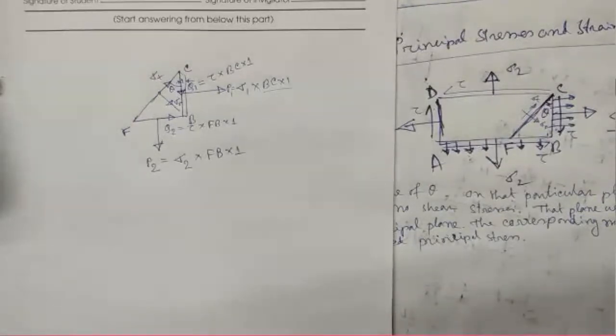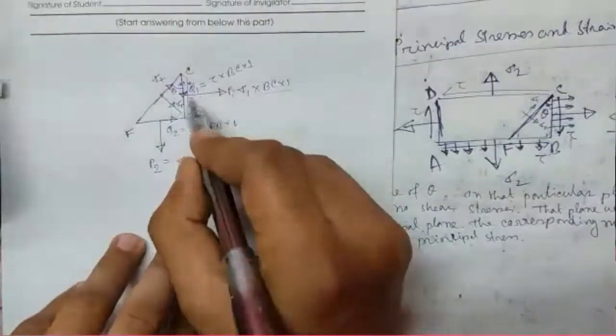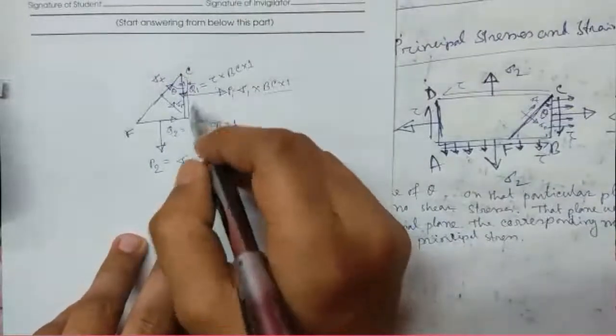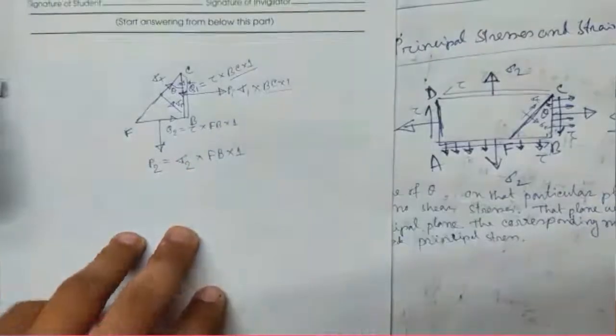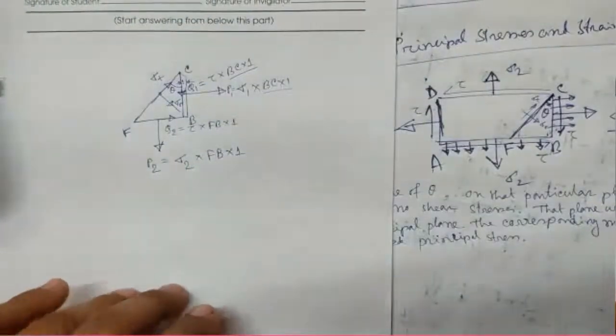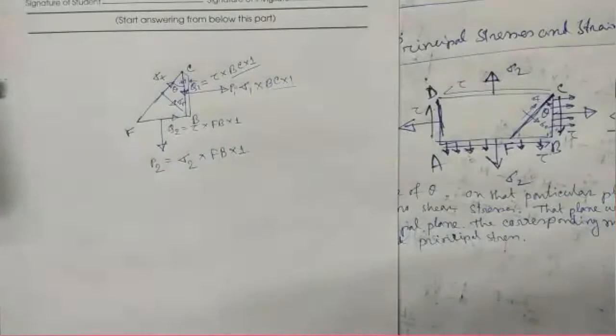The Q part is the force produced by the shear stresses. Now in this wedge, in the plane BC, there was applied shear stress tau. So the force will be equal to shear stress into area. So the shear force produced on the face BC because of this tau stress is stress into area, that is Q1, produced on the BC face.